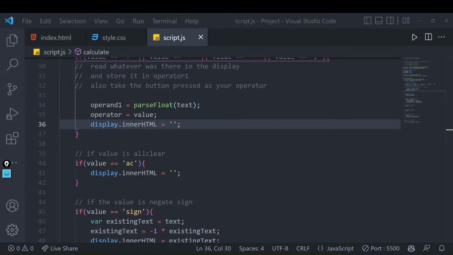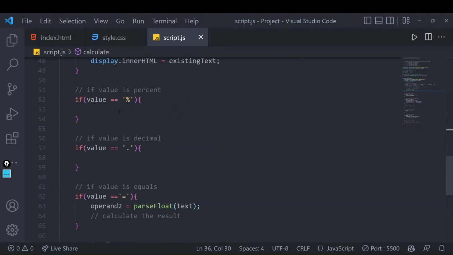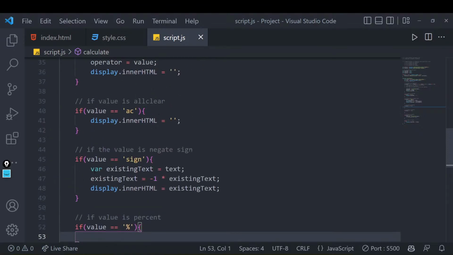Cool. Then, if that is done, almost everything is done. We just need to take some other areas as well. See, this is the fairly simple part. If we are hitting the percentage area, we only want to do the same things that we were doing earlier.